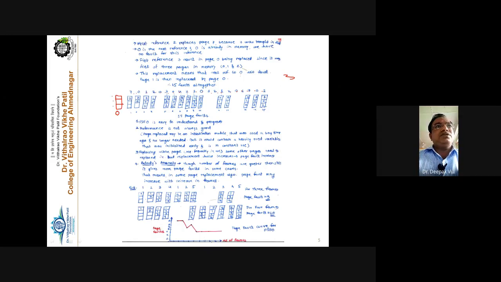So number 1, number 2, and number 3. Three frames are available. And now the memory reference is made to page number 7. Page fault occurs. Page fault occurs because what? Because the page is not available, because initially memory is free. Three frames are there. Initially, all these three frames are free. No frame is currently occupied.